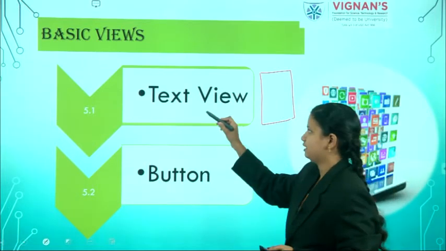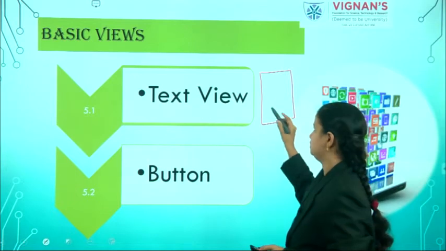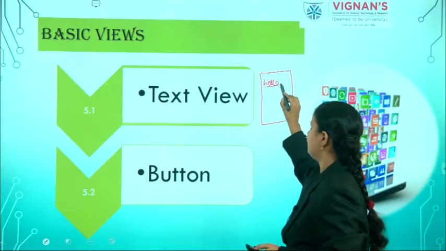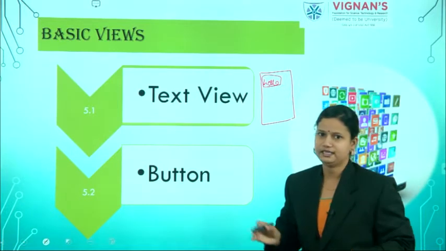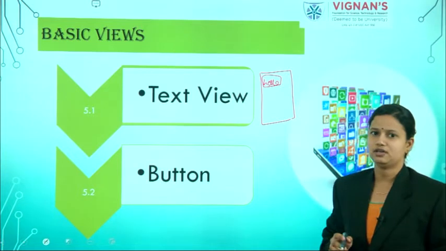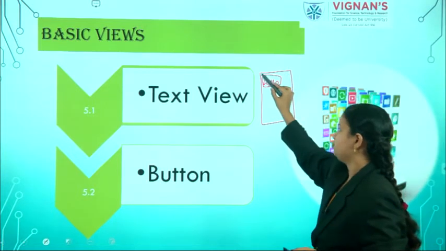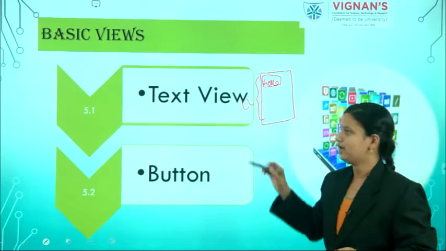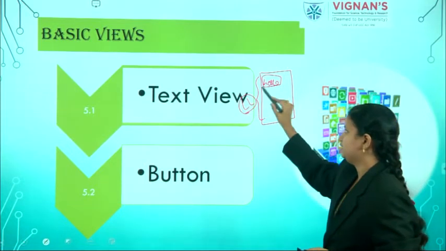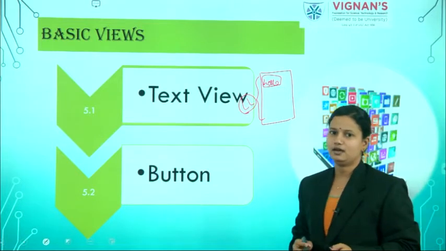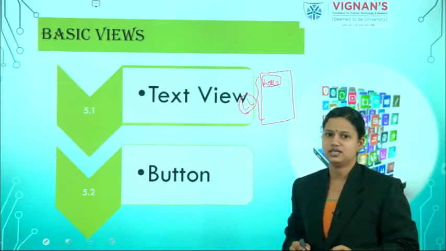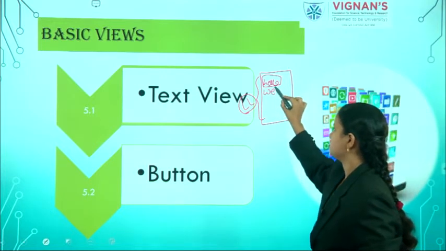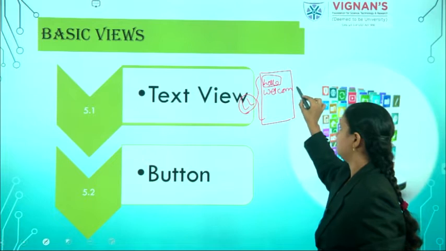That means we have to display a text message to the user. So the message I want to display is hello. To display this hello message within the user interface, we have to implement a layout for the arrangement of the views, which is nothing but a linear layout. So we are using a linear layout. Within this linear layout, I want to display a message to the user as hello, or we can simply consider it a welcome message. In this way we display a message.